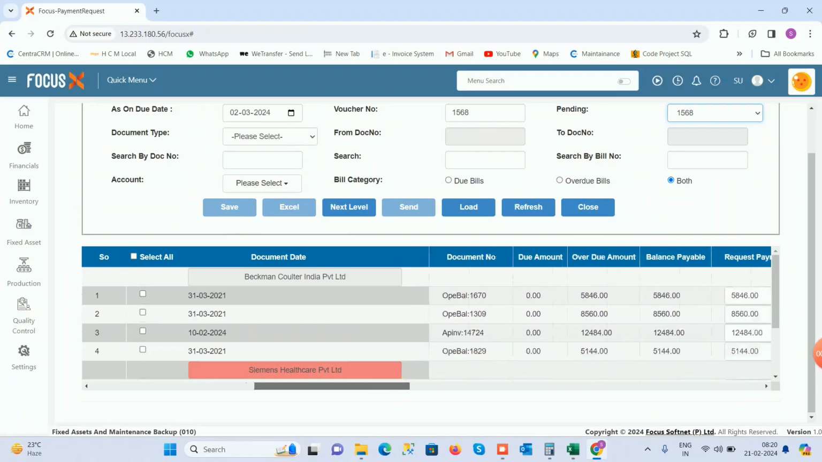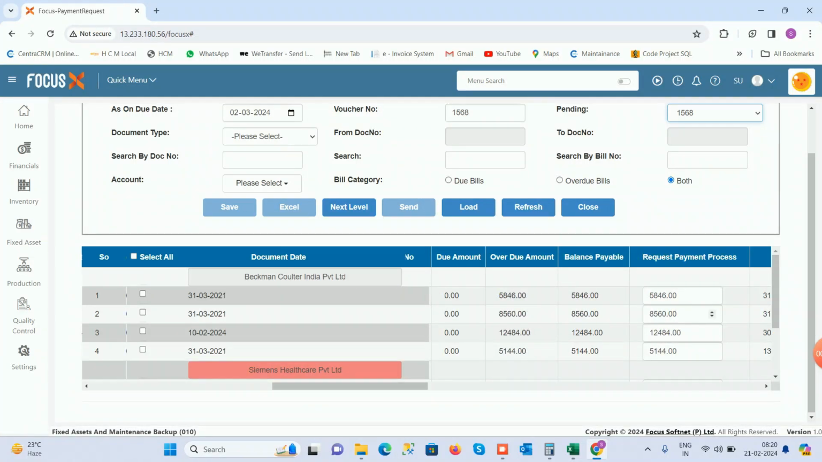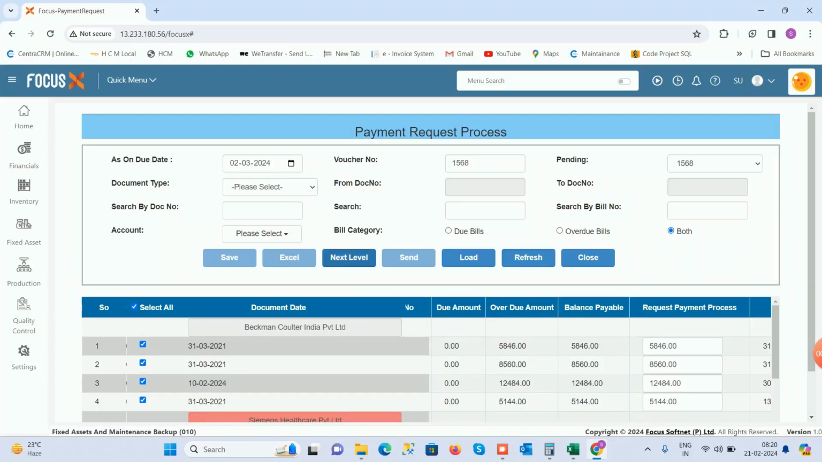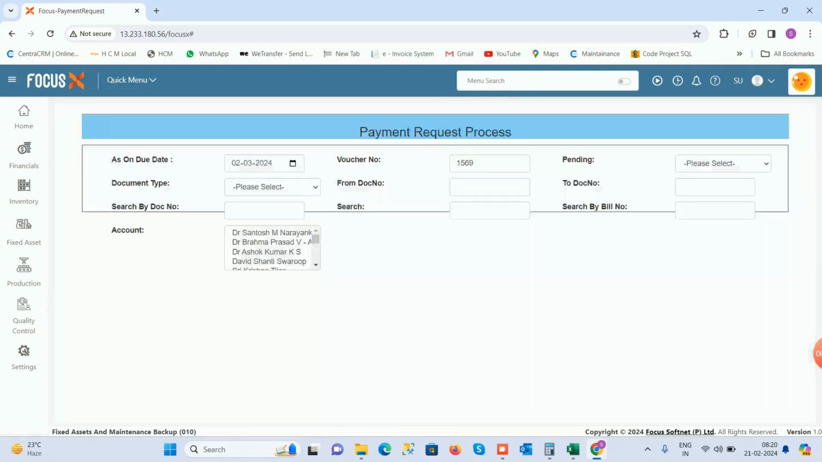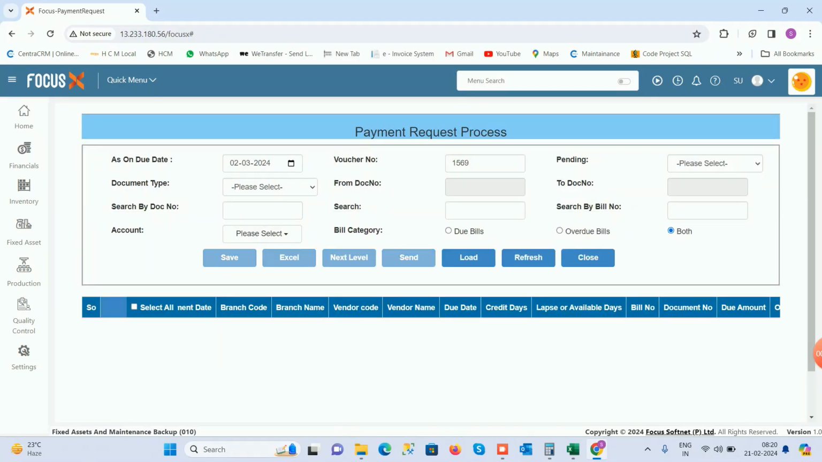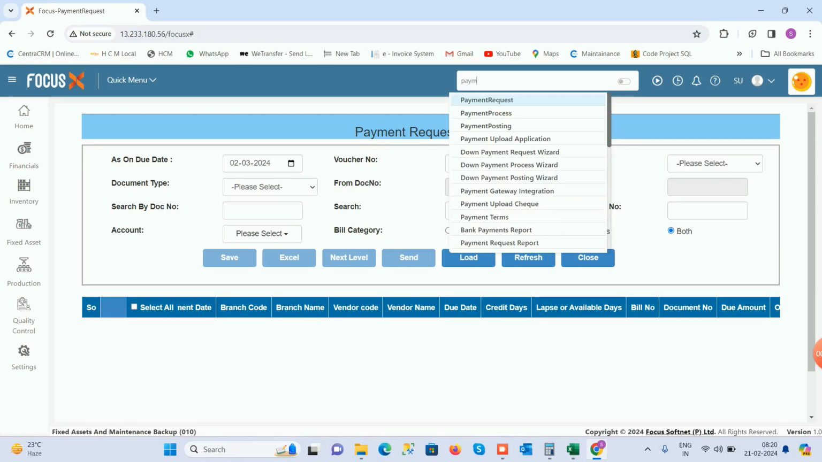If the user wants to amend the amount before sending to the banking team, he can change the amounts here, and after changing he can select all and click on send to next level. Once it is clicked, the application will show a pop-up message like posting successful. Once it is posted, the banking team can see all the requests raised by the different users. For that, they have an option